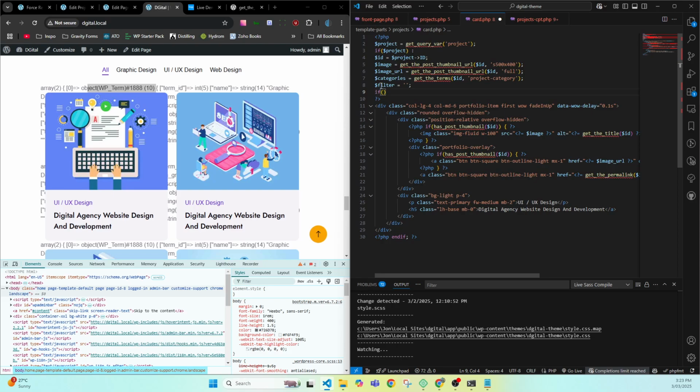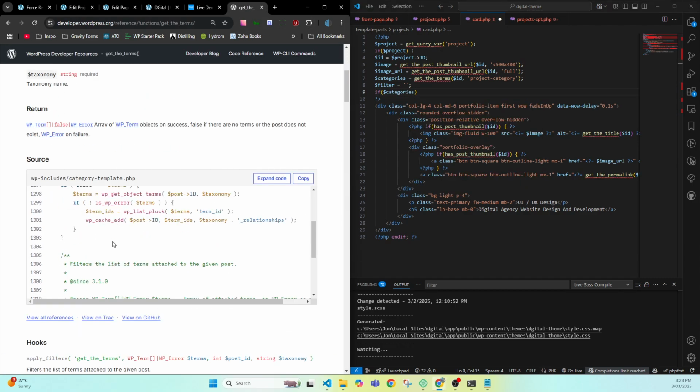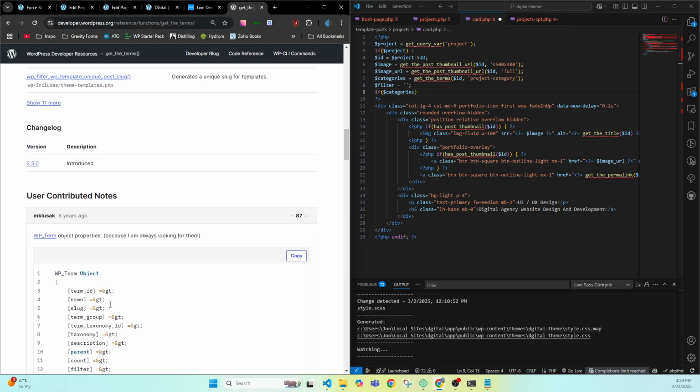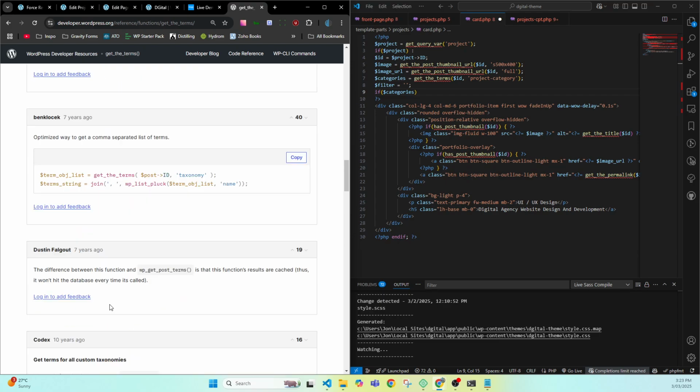If categories, if we look at the get the terms, is it if get categories or is it if is error? So that's what we want actually. We don't want to comma separate them, we want to space them. So if we do this, terms, we can change that to filters, and instead of a comma,